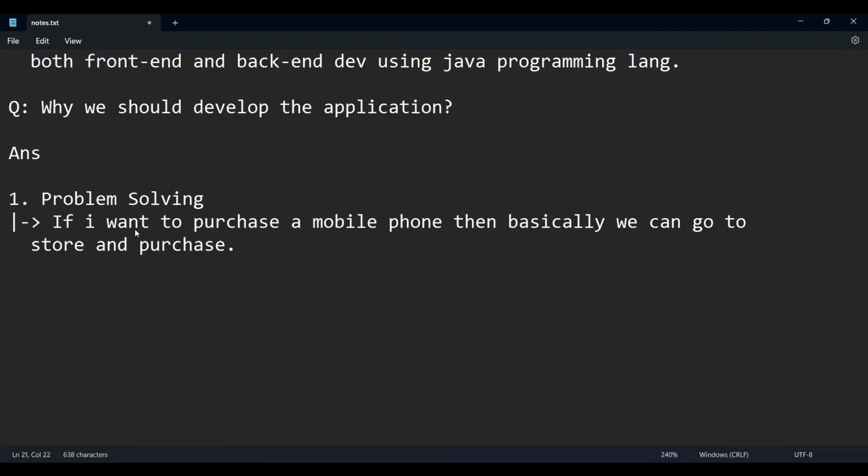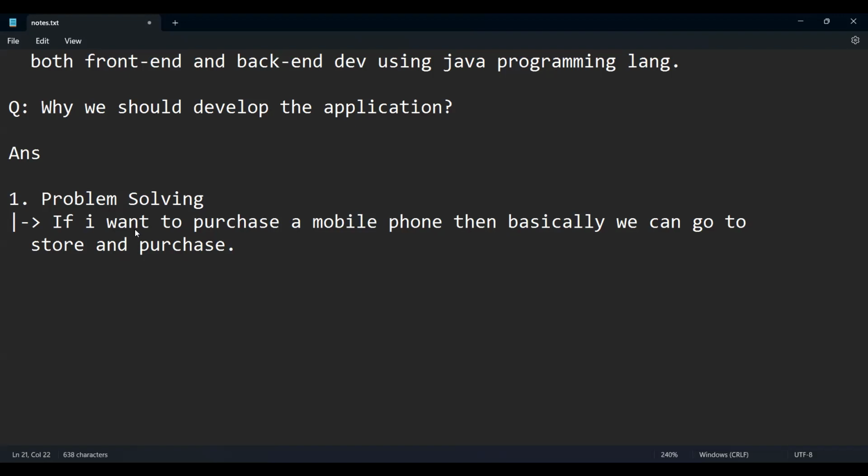Now just imagine that we don't have any website, we don't have any e-commerce applications, right? So you are wasting much time there. And not only that, besides the store, you may have another shop, so probably your kids will be eager to take some more things there, right? So probably you will not have that much amount to pay. You'll be spending a lot of time and money also, right? So